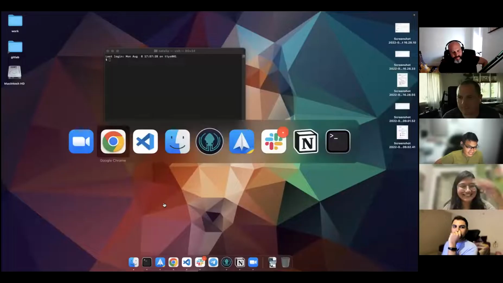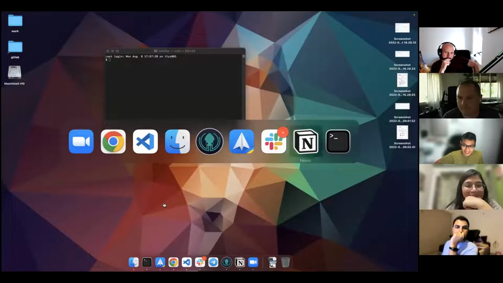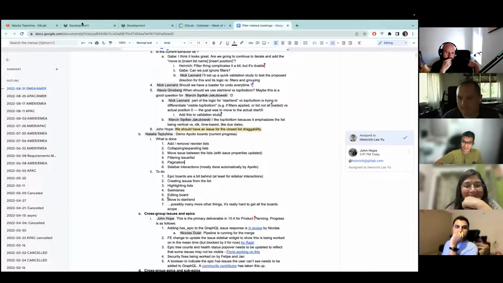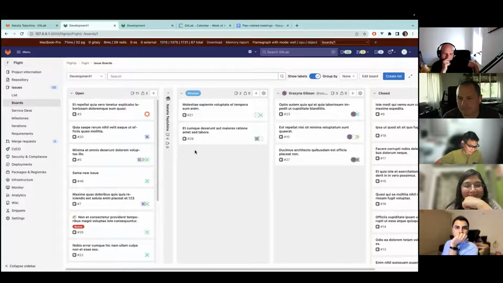Okay, one more boards demo for today. I need to share my screen, and here we go with the boards. These boards are different in the implementation, but no different in terms of UX from our current boards, besides the fact they are half broken. Initially, the internal implementation here doesn't involve UX.